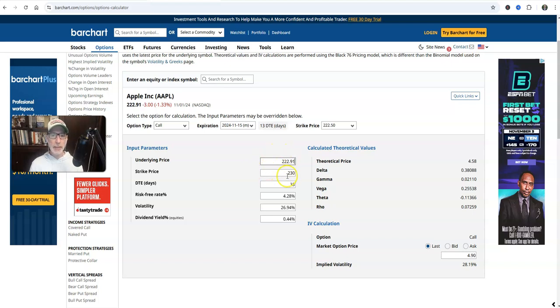Now, let's just assume that there's 33 days left. And what happens, well, before we do that, I want to talk about Theta. Theta is a number that tells you how much money the option will change due to a change in the date, okay? Theta right here, you can see it as a negative 11 cents, 11.3 cents roughly. Let's just round down to 11 cents. So what happens here is that all else being equal, once you flip the calendar to the next day, this option value should lose about 11 cents per contract